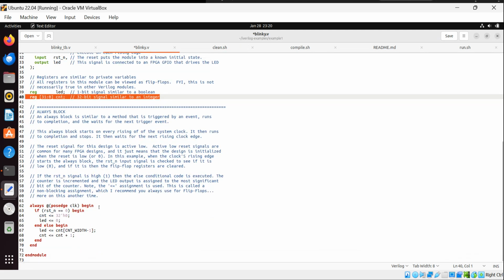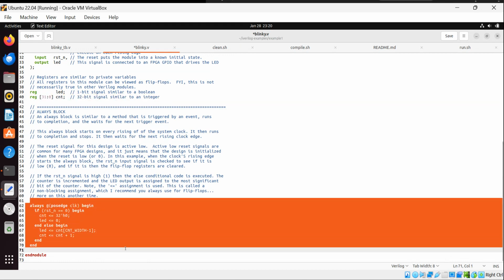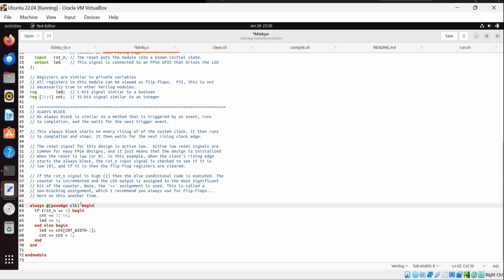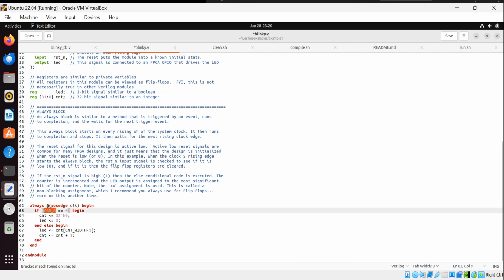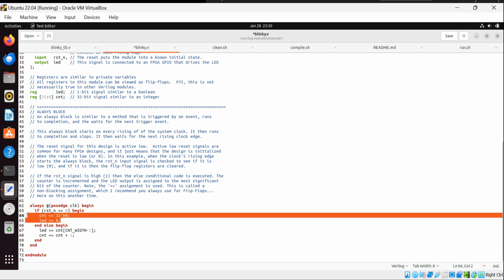Then this always block you can view as the method, the main method. Whenever you get a positive edge, a rising edge on clock, this method is going to fire. It's going to run to completion, and then it's going to wait around until the clock comes in and asserts again. When the clock asserts, we check to see if this input value reset_n is low, 0. If it is, then we clear the state. Pretty simple. Else,